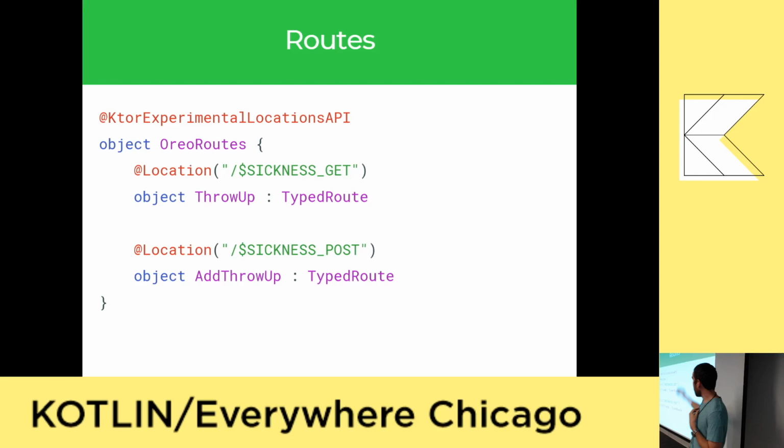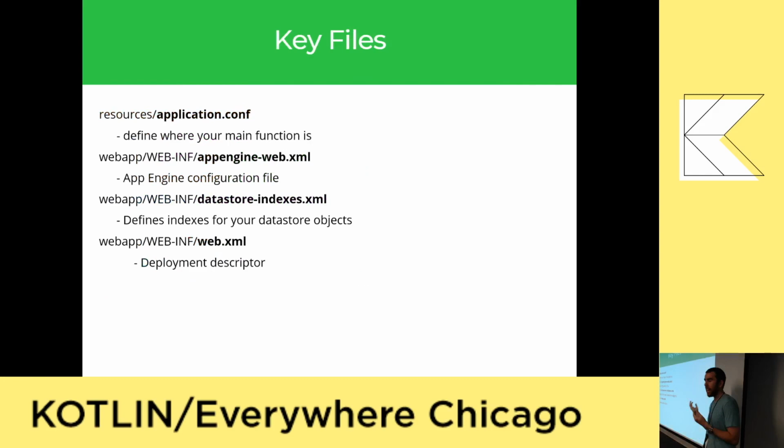App Engine needs to know how to build your instance and how it's going to run it. So you need to make sure to have some files here. The first one is the App Engine Web. So this is your App Engine configuration file. This one is nicely generated for you when you go to create your Google Cloud account. So you don't have to worry about it too much unless you're a DevOps person, in which case you can configure a lot of your tools.